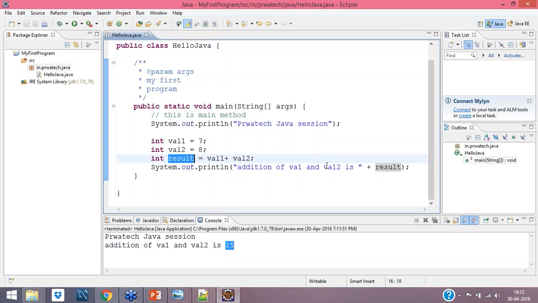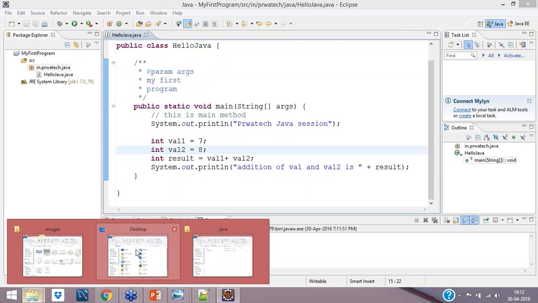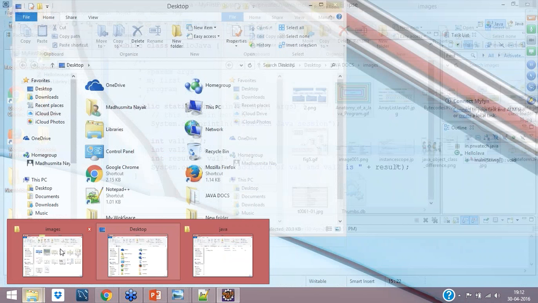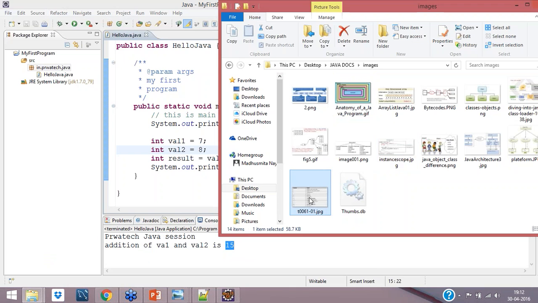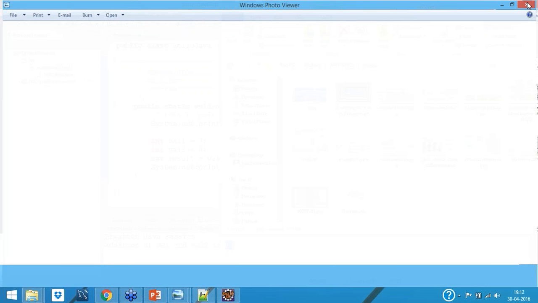We have a lot of arithmetic operators inside Java. Let me show you that. These are the arithmetic operators inside Java. I think all other languages also have this many. So plus, minus, mod, into, then slash, then plus plus, minus minus, plus equal to. All these things are there. So you can use them, and you'll love it if you start with Java programming.